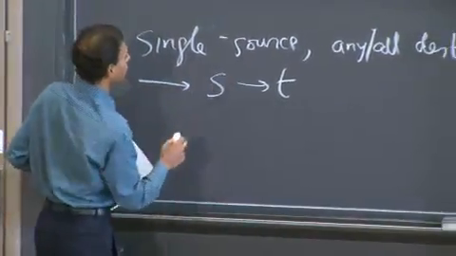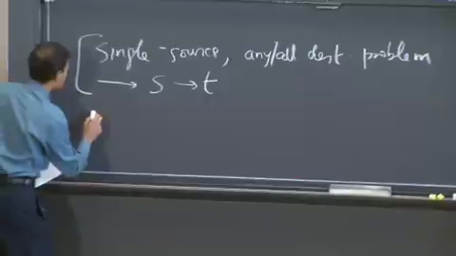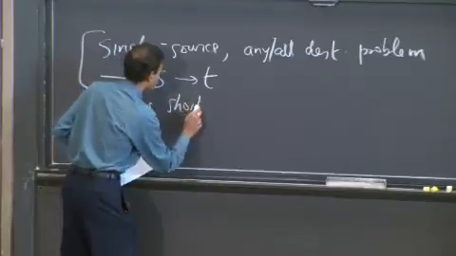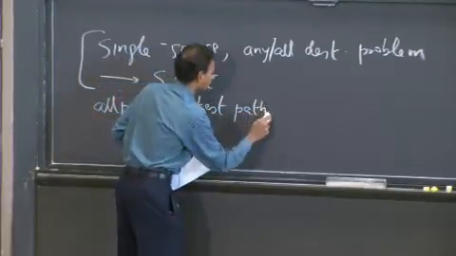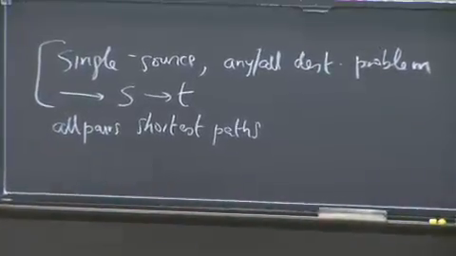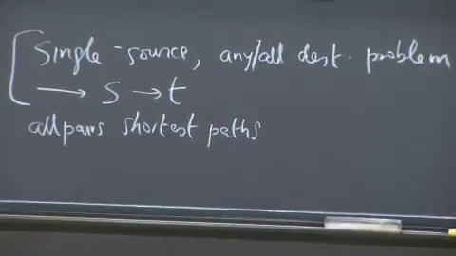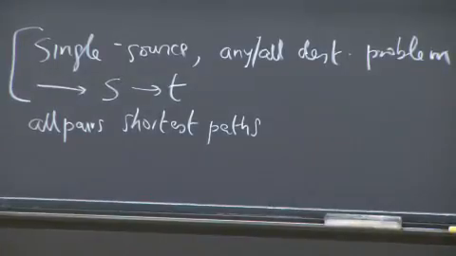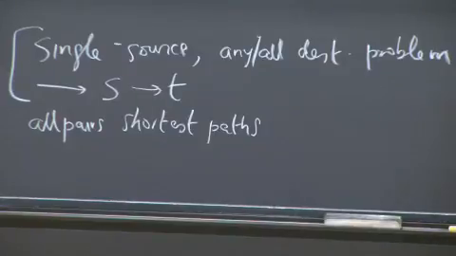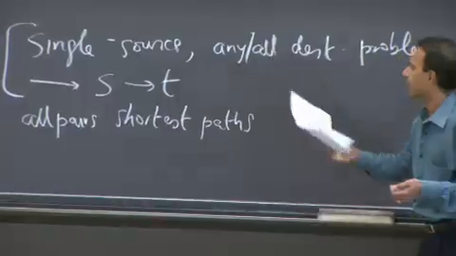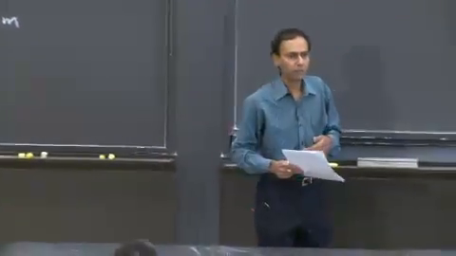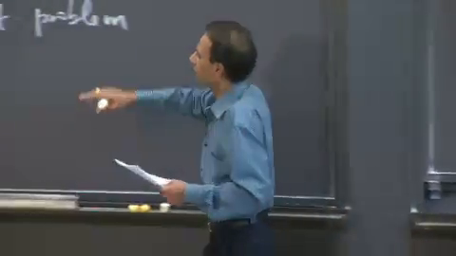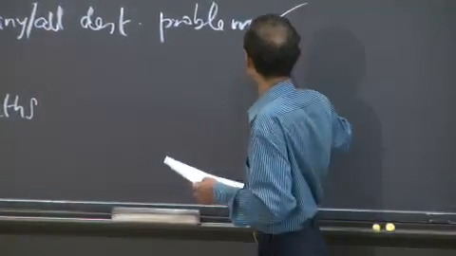So that is our single source, single target problem. We won't cover this in 006, but there's also this notion of all pairs shortest paths, which is something that 6046 covers, and that is something that says, well, I don't know what the source is, I don't know what the destination is. For any pair of vertices, find me the shortest path from S to T, given that pair. And so that, of course, is more work than even the single source all destination problem, because you're varying the source. All right? So those are the three different shortest path problems.